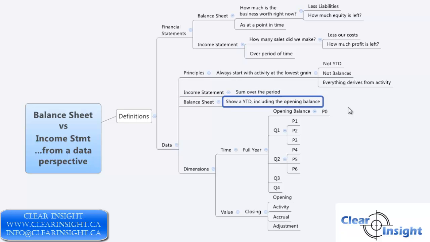the opening balance. We've also looked at how our dimension structures can help us here if we're using some kind of a full year with an opening balance in our 12 periods, along with some kind of a value dimension where our opening, activity, accrual, and adjustment periods roll up into the closing, and that gives us something that we can